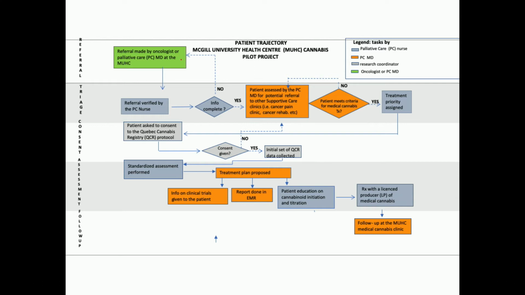Let's see how much time we have. Okay, so that was the model. But the most important thing here was that all our work was documented in an electronic medical form. That means that all the history of this patient, why we selected certain products, what the indications were, was documented along with the other forms for the hospital.